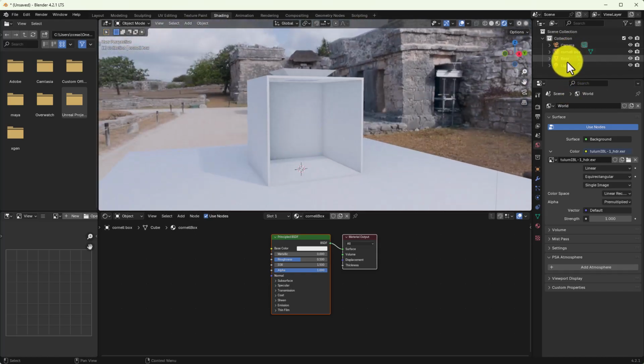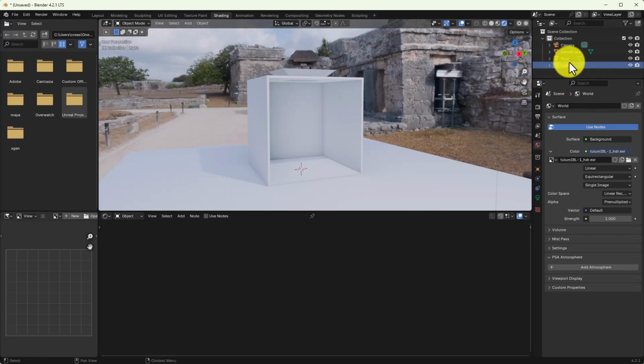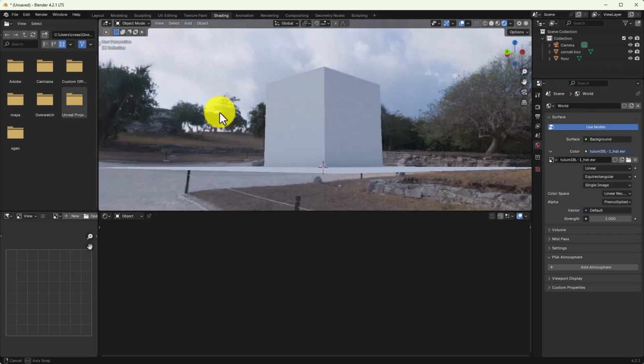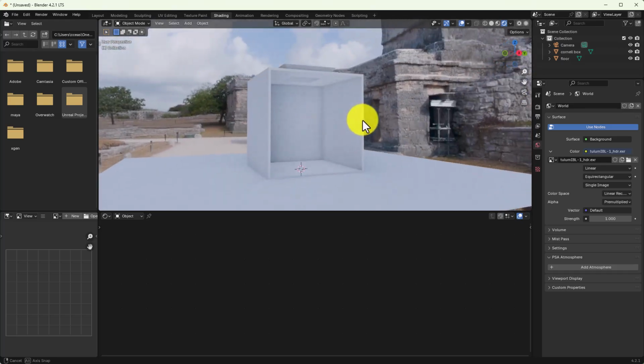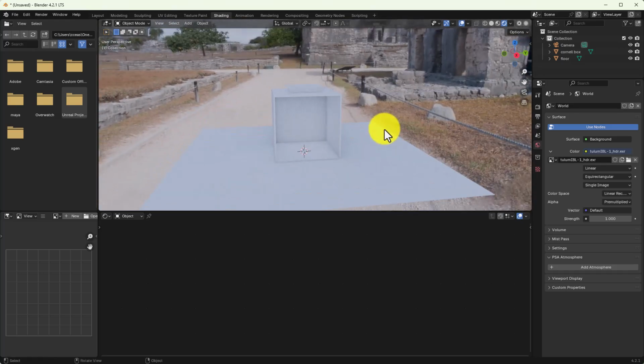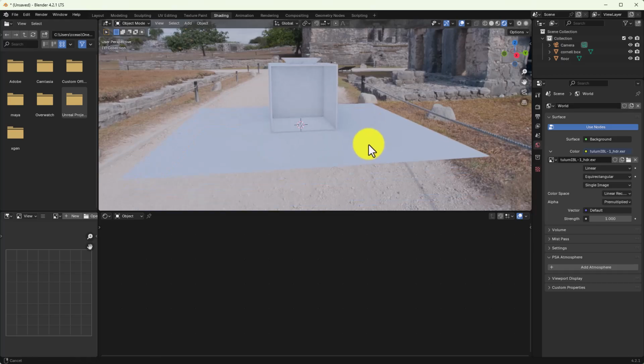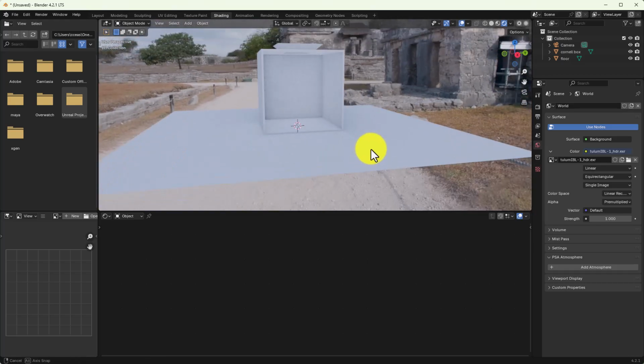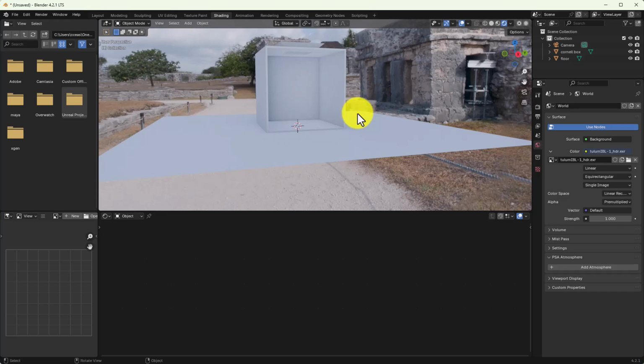I'm going to select the light and delete it, so the scene is only being affected by that ambient light. And this is a good setup for testing. Okay, why is it important to have an environment texture? Because